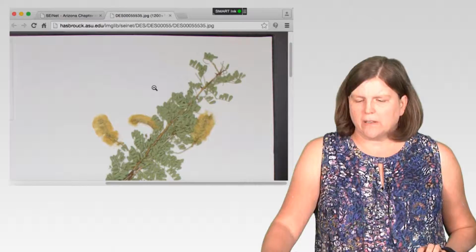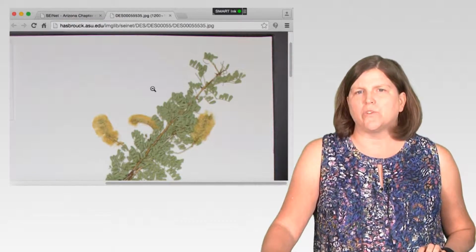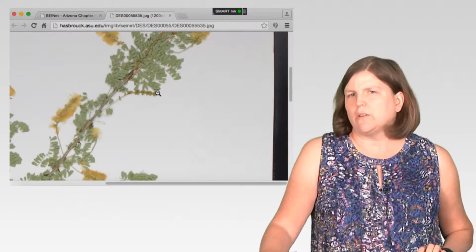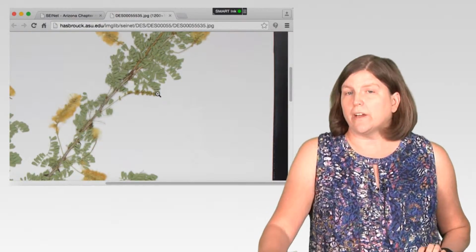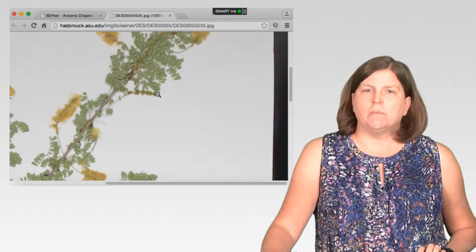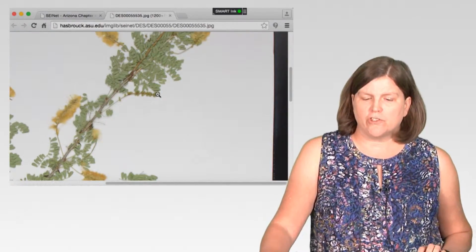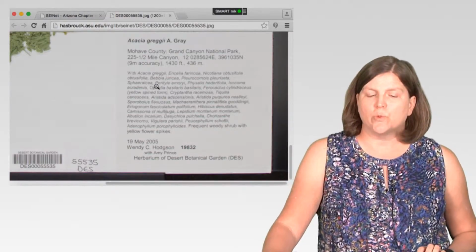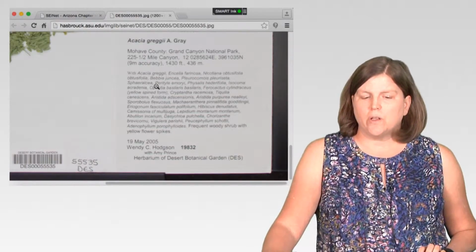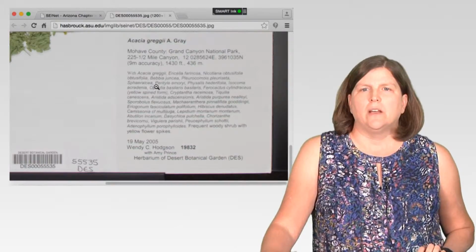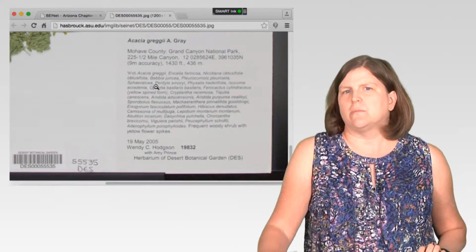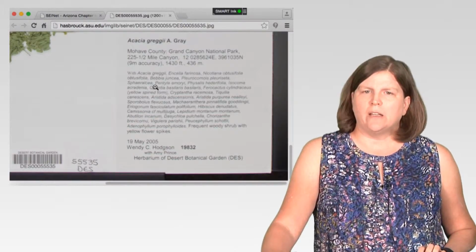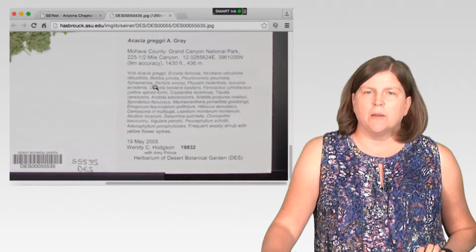something like 350,000 herbarium sheets that document precisely where these plants grew and when they grew there. This is important because it gives us an idea of our changing ecosystems. For example, we have a whole suite of plants that grew along the Salt River before it was dammed. So we had a completely different ecosystem there. Once the dams came in the early 1900s, a lot of those plants went locally extinct, but we have a